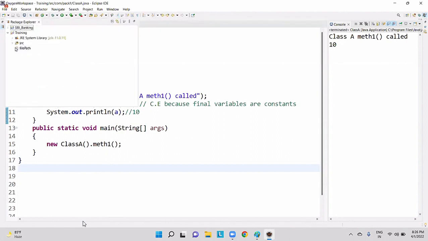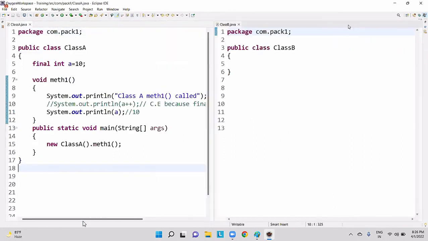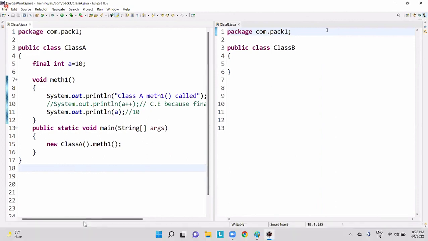So let me take a class here, class B. Guys, I believe you remember what method overriding is: writing two or more methods in two different classes. So the second step, what do we need to do here? We need to perform which concept? Inheritance. Very good. So class B extends class A, like that.